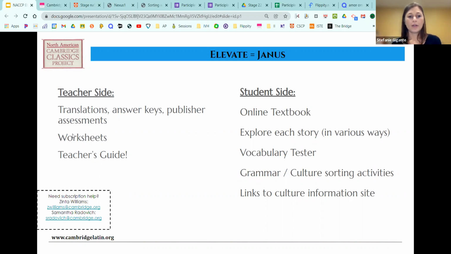As I said, there are also worksheets. The worksheets comprise story-based activities, culture-based activities, grammar-based activities, and activities that blend all three of those things together. And then, of course, the teacher's side of Elevate contains the gold, which is the teacher's guide. The teacher's guide has so much plentiful information about each stage, about each unit, and it's really a phenomenal resource